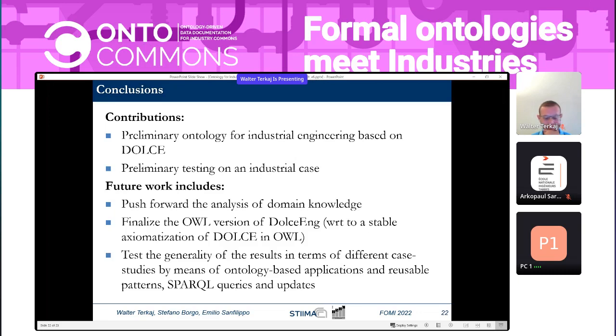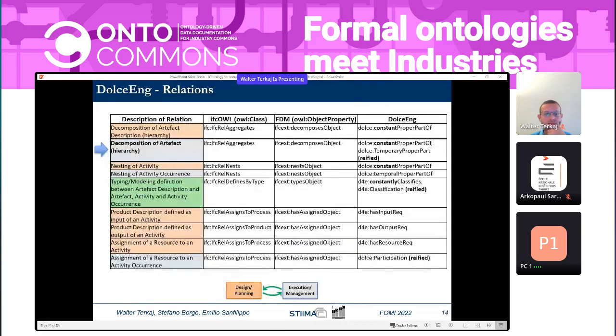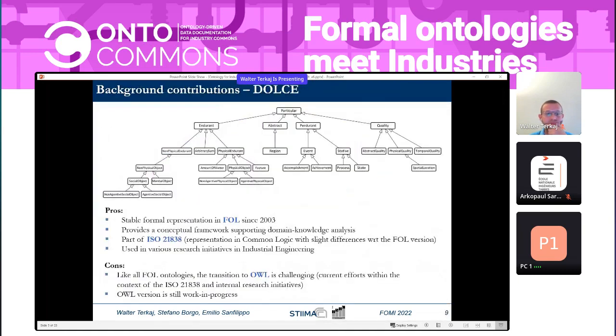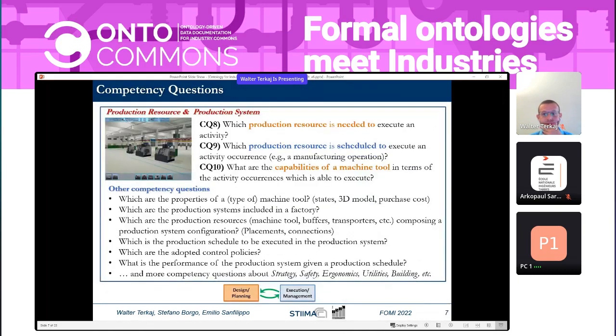Maybe, so thank you, Walter. My question is about the competency questions that you had. I think it was the very first one. Could you maybe go to that slide that shows the competency questions? There was one that was really broad, something like which resource offers the right function. Which production resource is needed to execute an activity? I was wondering, to answer that question, it seems you